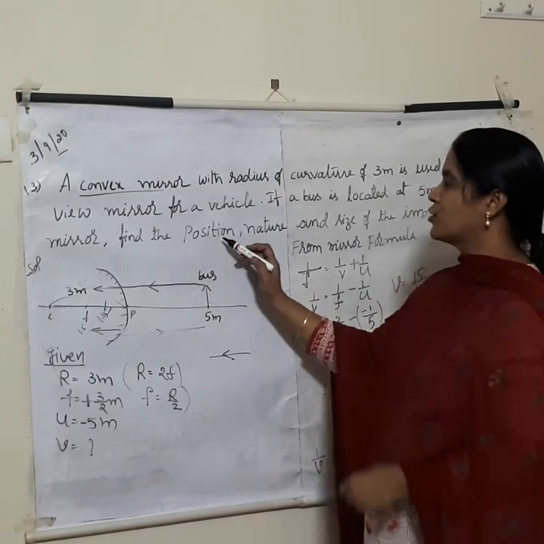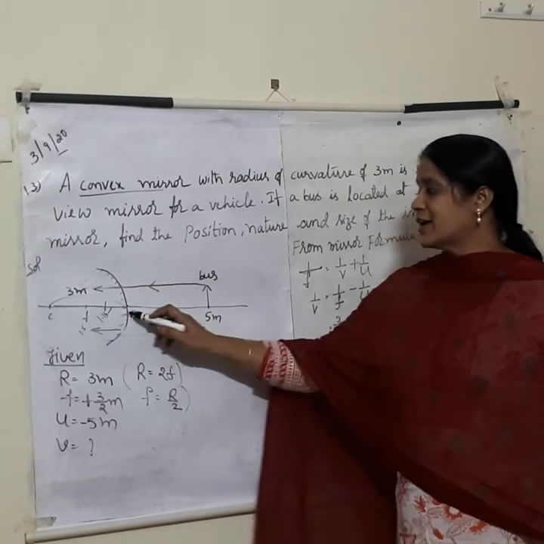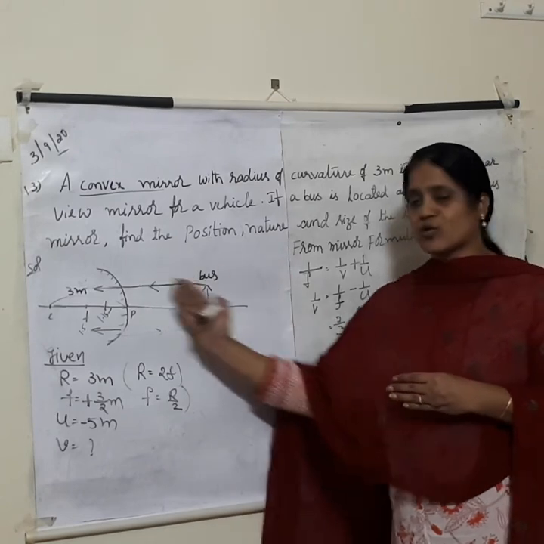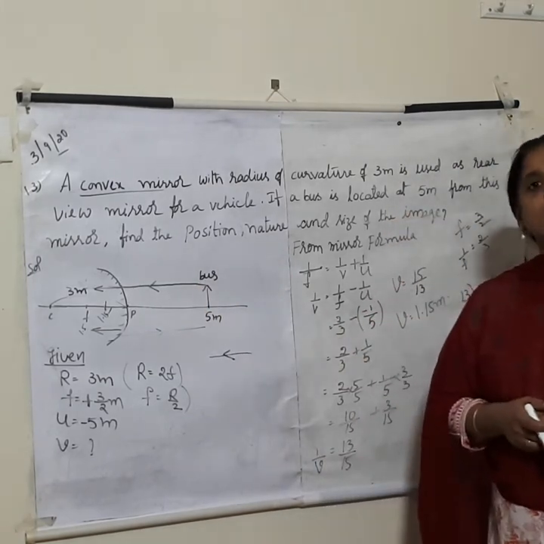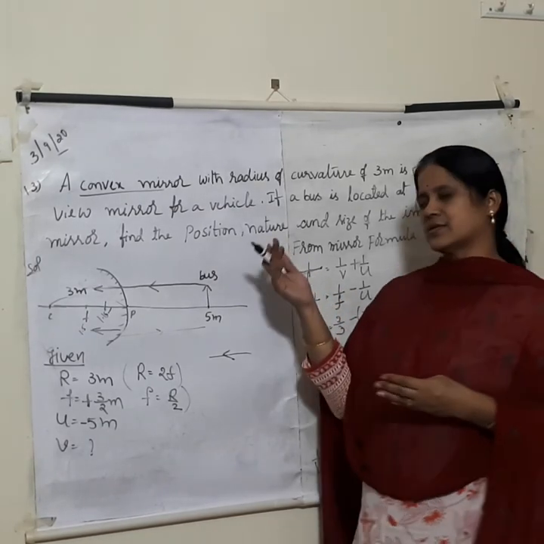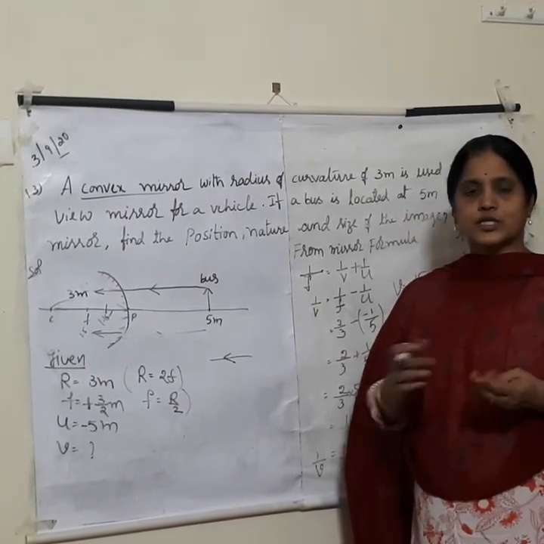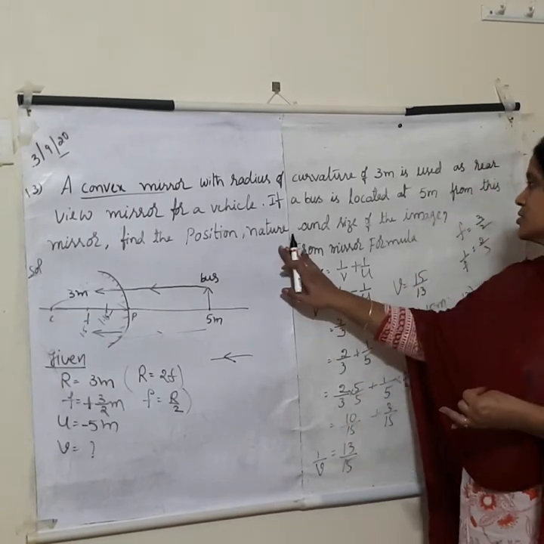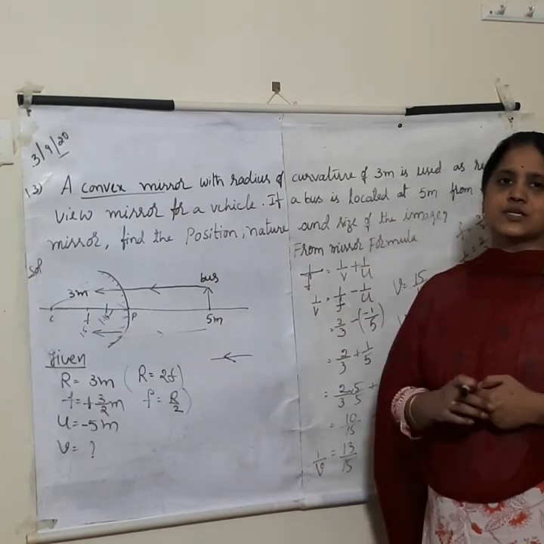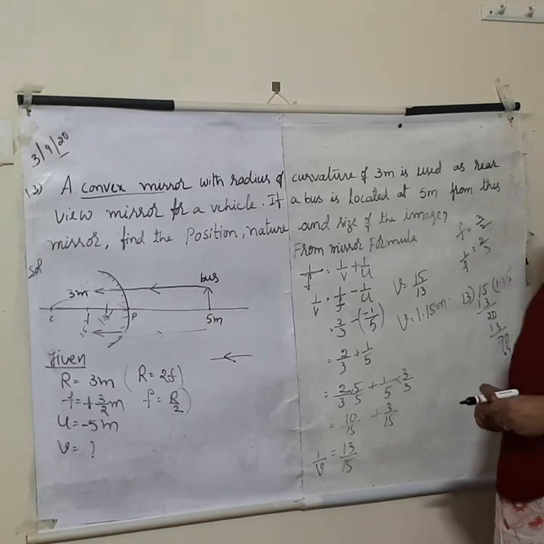Now coming to the position. Position means in between F and P. The image is formed in between F and P. Nature. What is the nature of that? When you place an object in front of a convex mirror, what type of image do we always get? Virtual, erect and diminished images. And the size of the image, you get a small size. Otherwise we will find out. Here it is. Okay children, thank you.